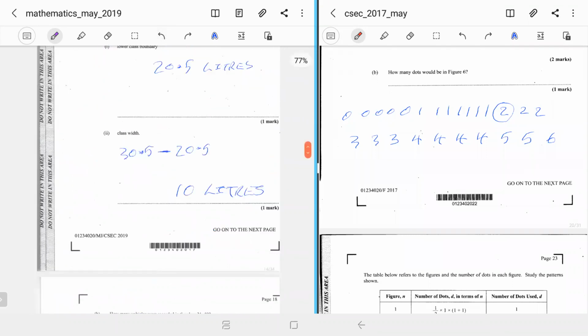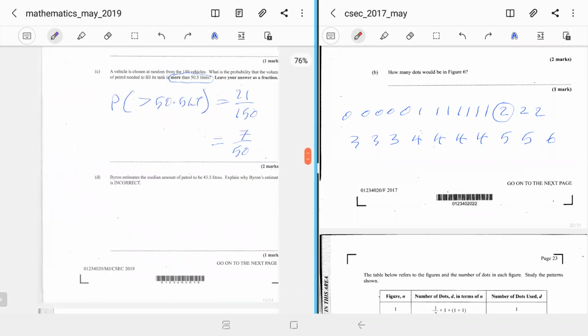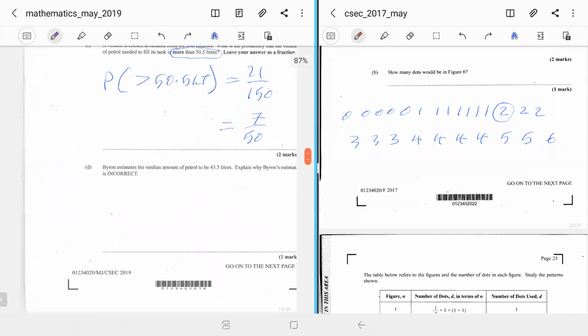So let me show you how to explain it on the exam. It's worth one mark, you know. It says explain, so I have to say something. So it's something like this. Position of Q2, where Q2 is the median, is half of 150, which is the 75th. That is 75. So when I said the 75th vehicle